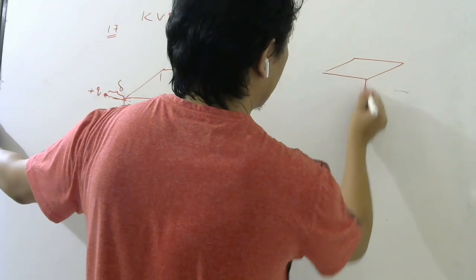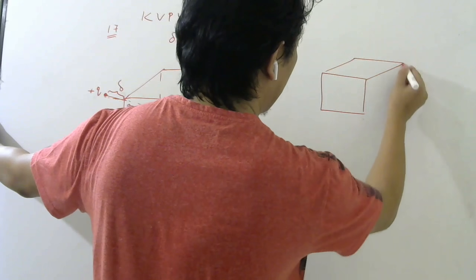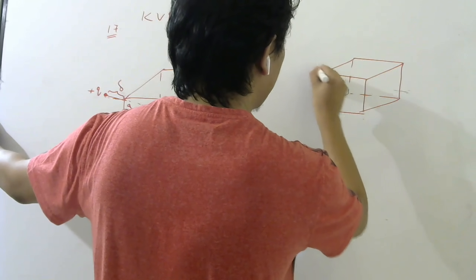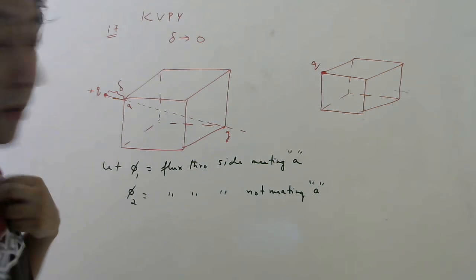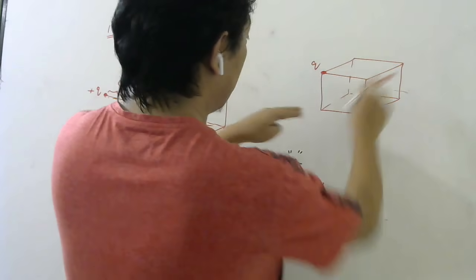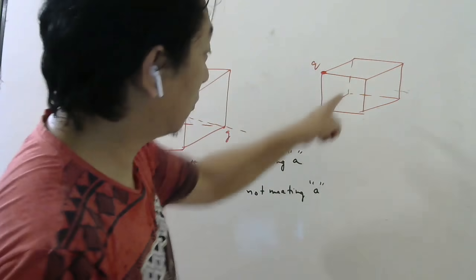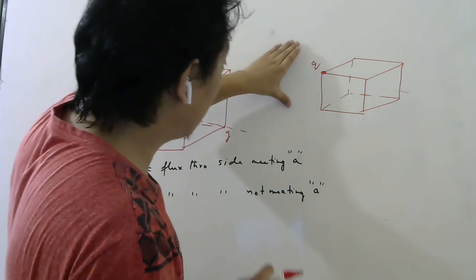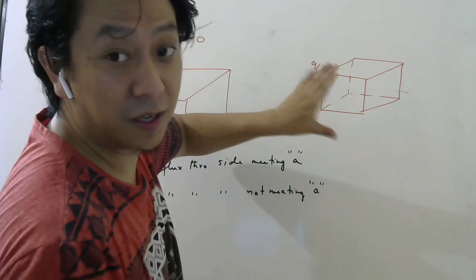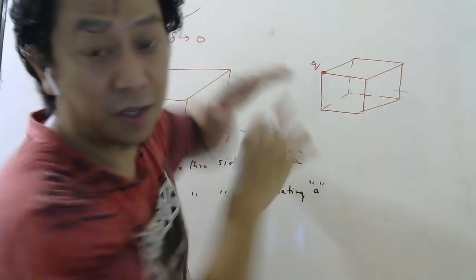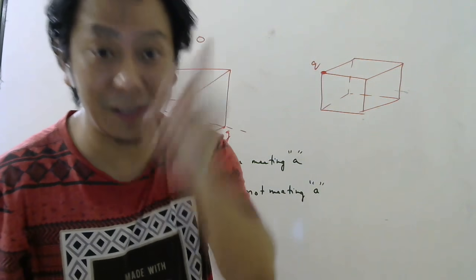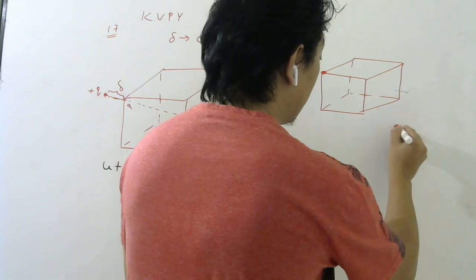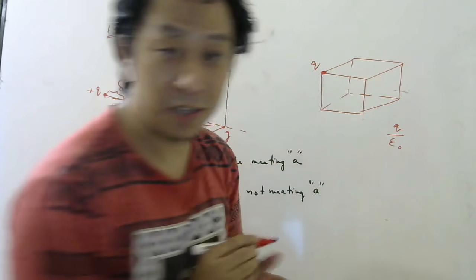If you keep the charge exactly here, then what was the flux through this cube directly? You cannot use Gauss law for this cube because this charge is not inside. So what did I do? I made one cube here, one cube here, one cube here. Then I put 4 cubes on top. So in total how many cubes were there? 8 cubes. So the flux through the 8 cubes will be how much? Q by epsilon naught by using Gauss law.